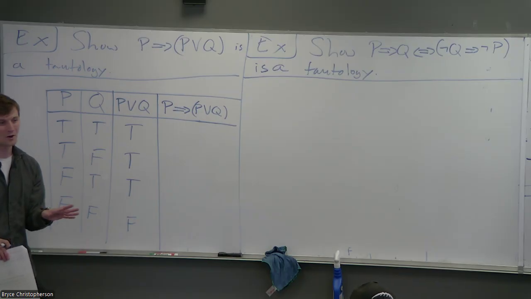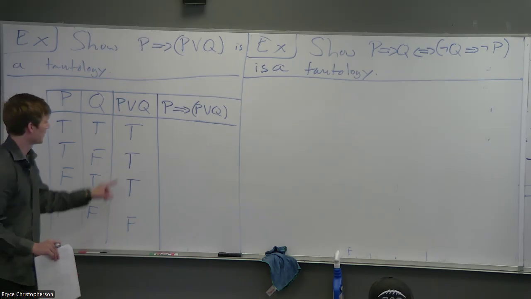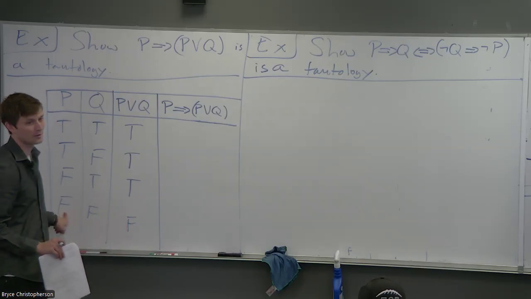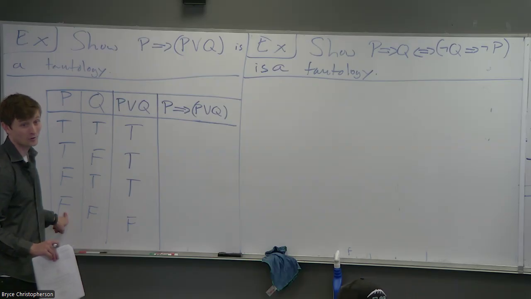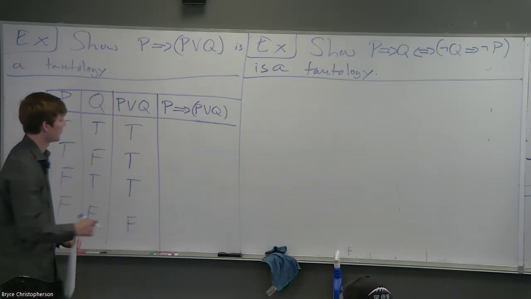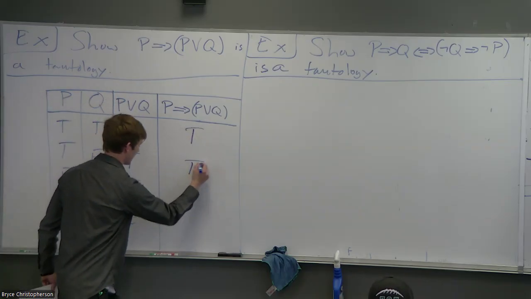It would be false if it was snowing, but it was not cold, right? So when the second one is false and the first one is true. So when the second one is false, is the first one true? No. You can just immediately go, hey, they're all going to be true. Does that make some sense?